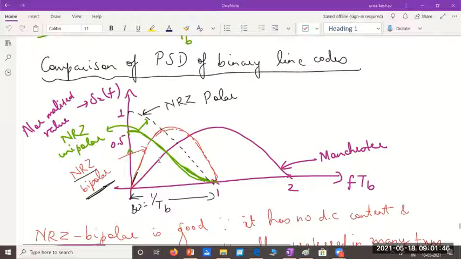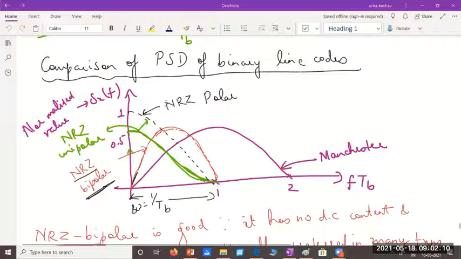In the previous class, we were discussing the comparison of the power spectral density of binary line codes. We have found the power spectral density of 4 different types of line codes. RZ we haven't found separately because RZ will only be a